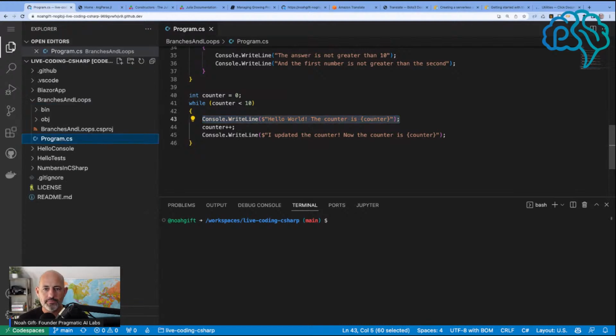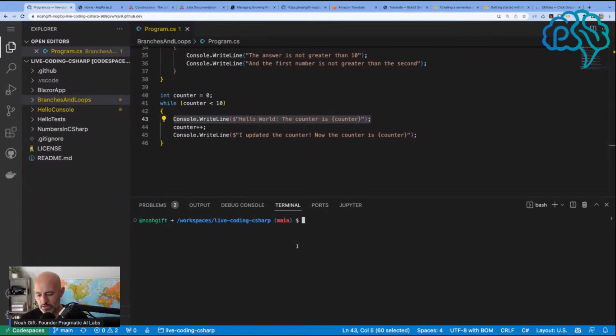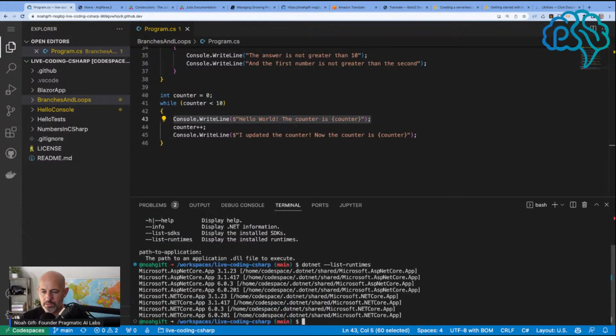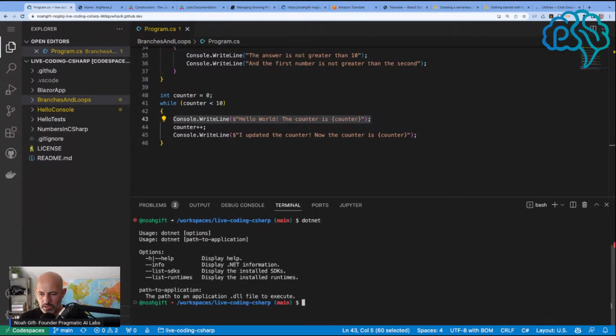And the next thing that I'm going to do is just double check and make sure .NET is installed, which it should be. .NET it is. And we can say display the installed runtimes, list runtimes. There we go. And I forgot if there's a way with .NET to ask how to actually update itself, but maybe that would be with